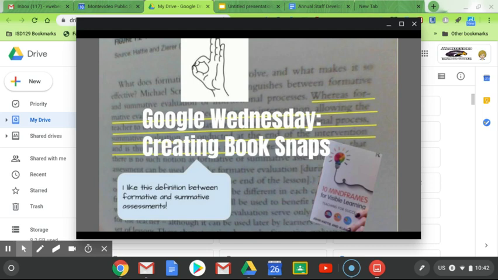2019-2020, and today we're going to be looking at creating book snaps. One of my favorite methods of combining the printed text with digital learning is having students create book snaps. Book snaps are created when students use their devices, take a picture of the book's text, and then annotate or record additional information. Today's Google Wednesday is going to take a look at how students can create book snaps using